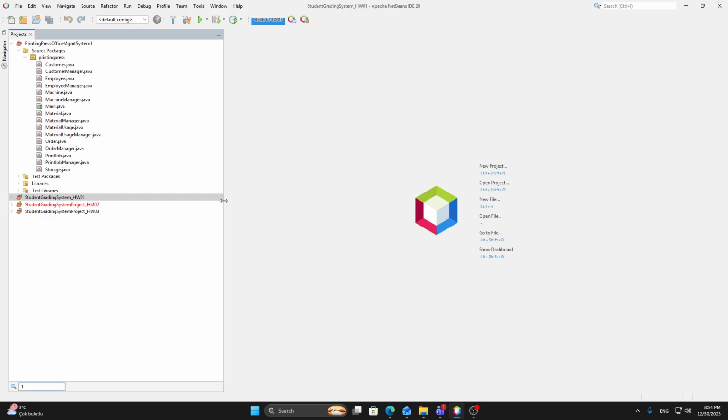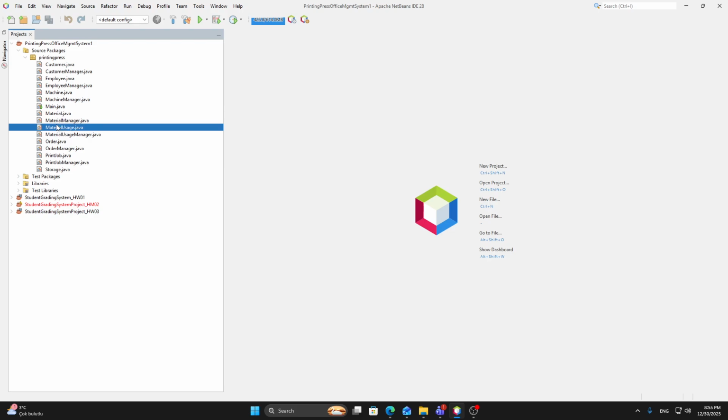In this project, I designed several entity classes to represent the system structure. The entities are employee, machine, order, print job, material, and material usage.